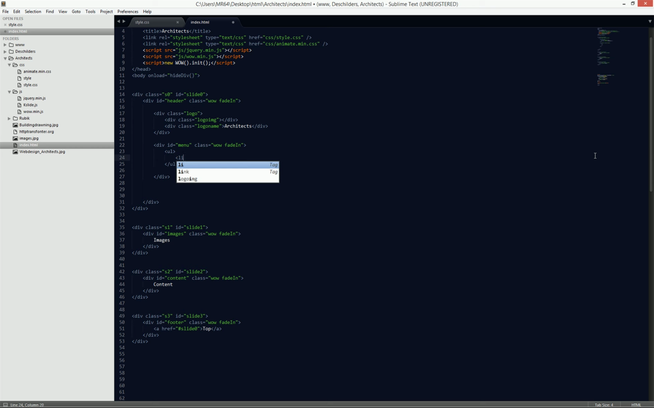so LI, and then we close it, and then we will have our links, which will be, oh, I've forgotten something, href, and then we say equals, and then of course we just say our ID. So if we click on this link, we can for example ask to show slide 1 or slide 2. So we will just start off with slide 2 here to